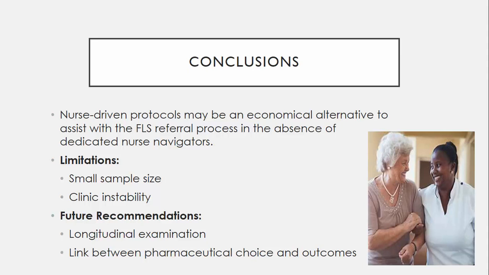So, a future recommendation related to that would be a longitudinal examination of fear of falling. The Fracture Liaison Clinic did establish treatment care plans for these patients. So there are a couple of pharmaceutical choices for these patients. The main drug classes are drugs that can help slow bone loss, and then you also have another drug class that can actually stimulate bone growth. And so it would be interesting to see longitudinally, is there a link between fear of falling and the classification of the drug that the patient's on?